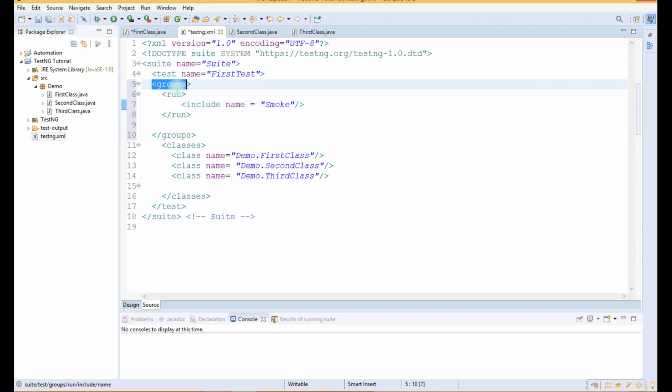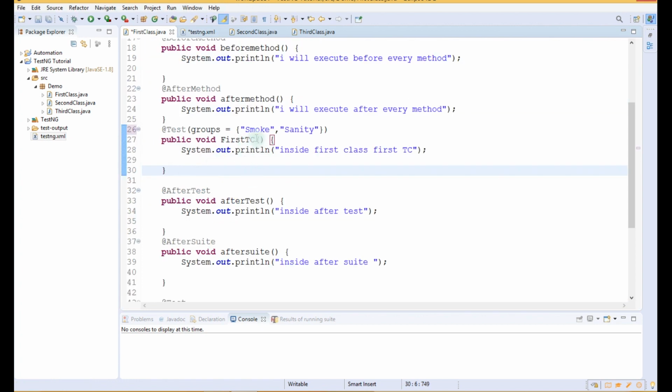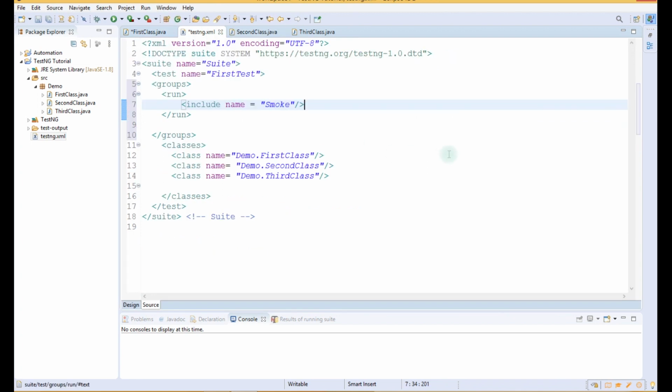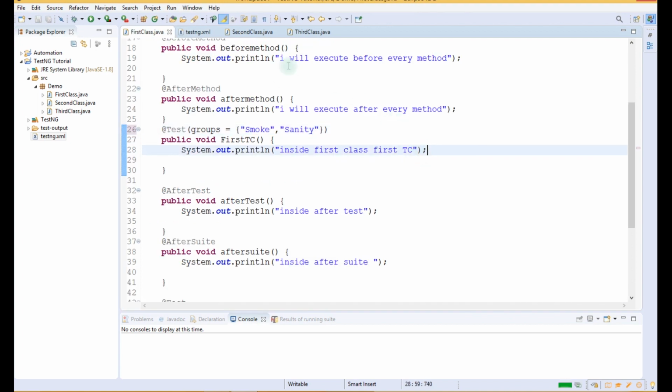So it will go to this groups, then run, and then include this smoke group. So this is case sensitive, so we have to take care that the S is in capital. It should be same as we have written in the classes, like here, right? So now we will save this testng XML file and save all our class files.